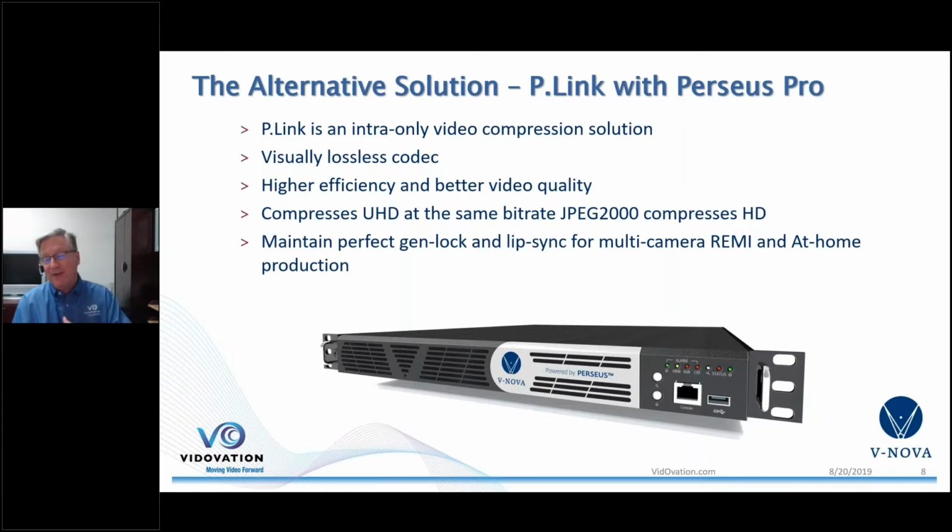I have a bad habit of spilling the beans on future slides, but on a future slide, I'll mention also that all compression artifacts are not the same. Some of the other standards, when they start getting blocky or banding, with Perseus, the artifacts are softer. You don't see any harshness at lower bit rates. So it's a more forgiving compression, which helps to maintain better video quality, more appealing to the human eye.